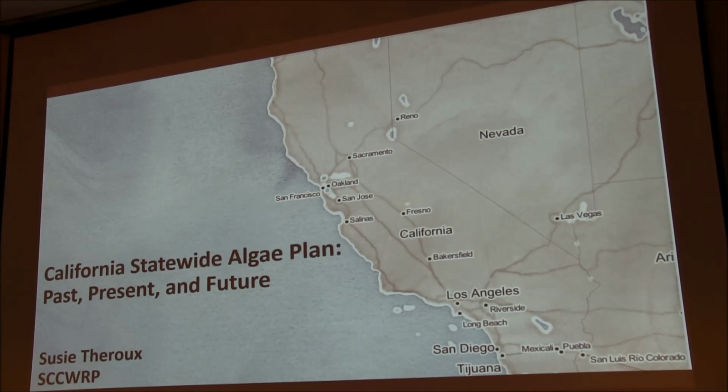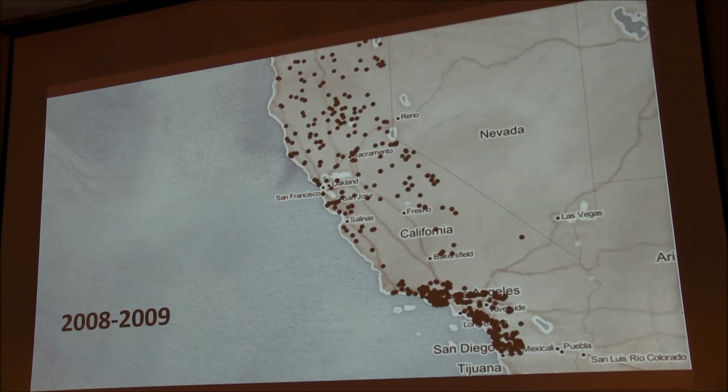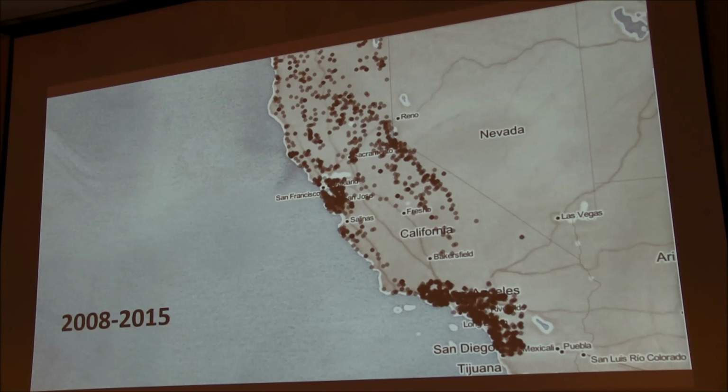So as many of you are intimately familiar, California has been supporting the collection of algal bioassessment data throughout the state since 2008, and that has resulted in a large collection of algae taxonomy data that has been steadily growing over the past 8 years, as you can see here. And these campaigns have resulted in a rich database of information about the taxa that inhabit wadable streams throughout the state, and that includes, of course, both pristine states and those that have been heavily impacted by human